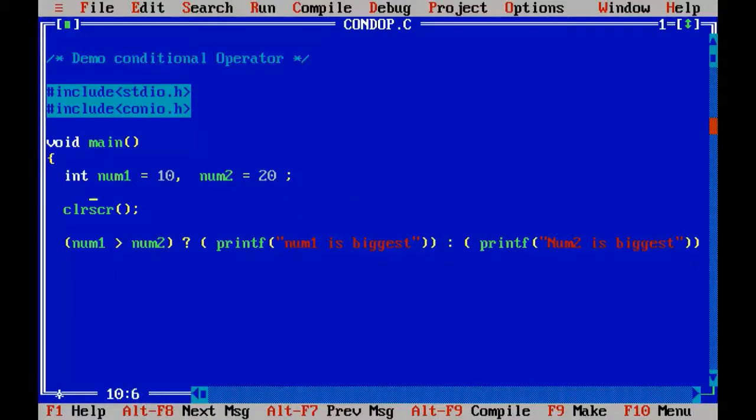Now we'll check for equality. If num1 equals num2, both are equal, else not equal.